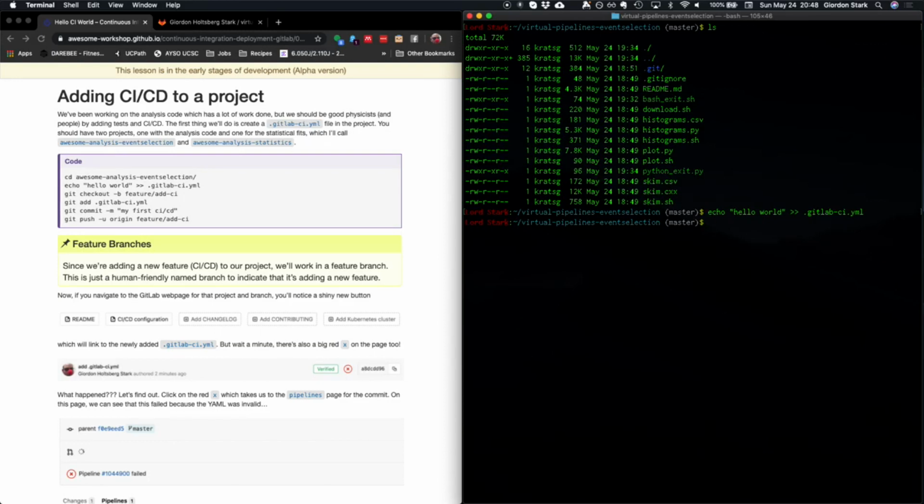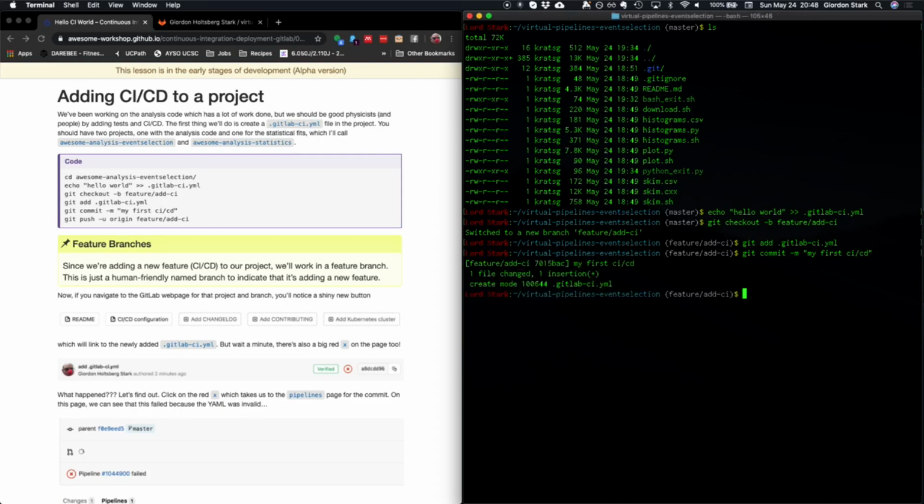Now, let's go ahead and create a new branch, a feature branch, for adding the CI to our project. The git checkout -b means to create a new branch. And we're going to call this feature/add CI, this feature being what we call a feature branch, and it is a sort of a human-friendly way to denote the purpose of this branch. So we're going to go ahead and add the GitLab CI YAML file that we just made, and go ahead and commit it. And then push it